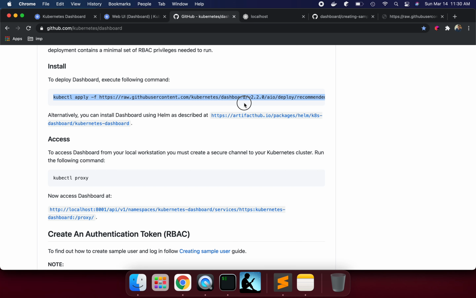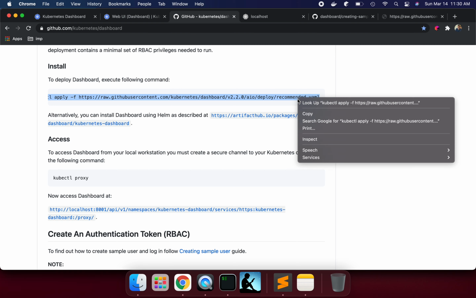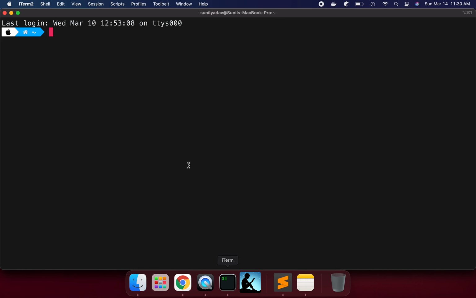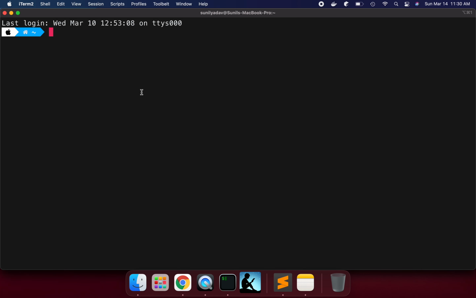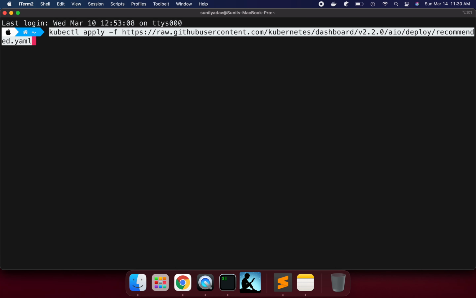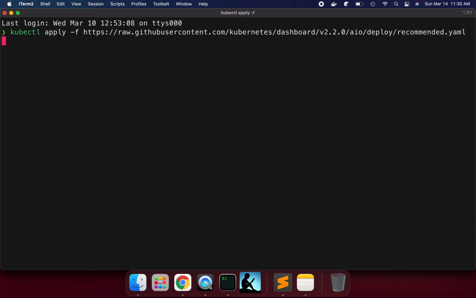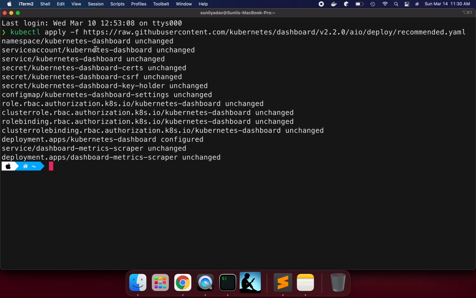Let me do that. I am going to run this command in this terminal. It says unchanged dashboard, configured Kubernetes dashboard, so many things done.